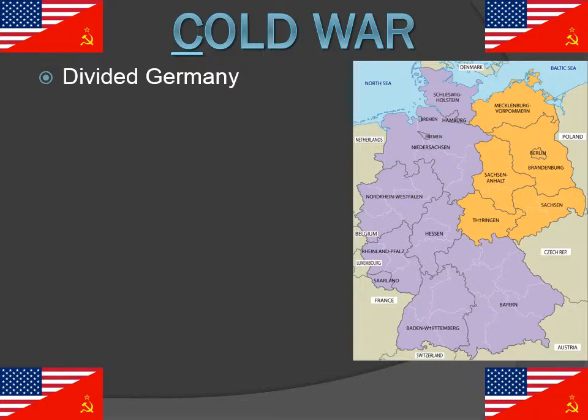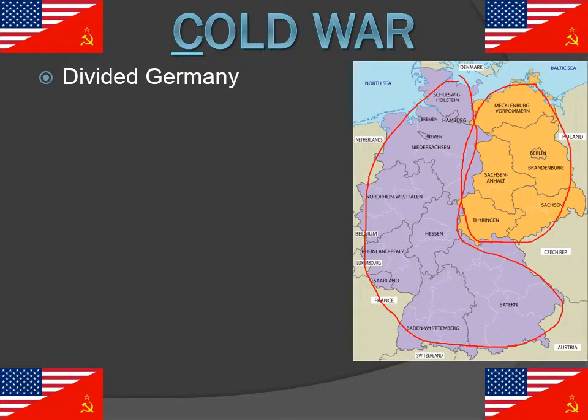The U.S., French, and British zones are going to be organized into what becomes known as, sorry, I was playing around with my presentation and I got lost. What becomes known as West Germany. And so these zones right here were the U.S. and French and British zones. These zones right here are going to be the Soviet zone. And so it's going to be literally divided.